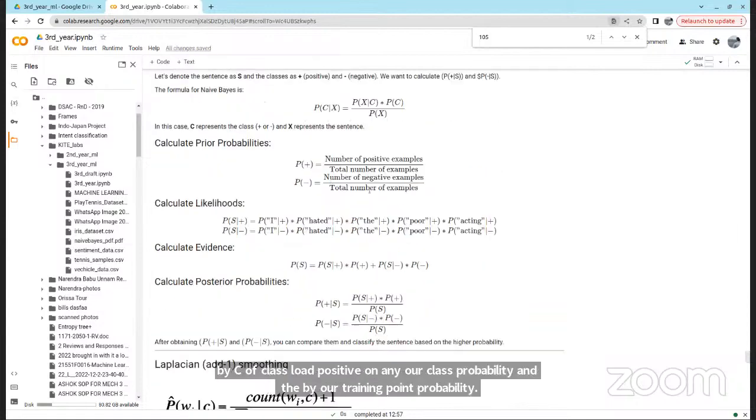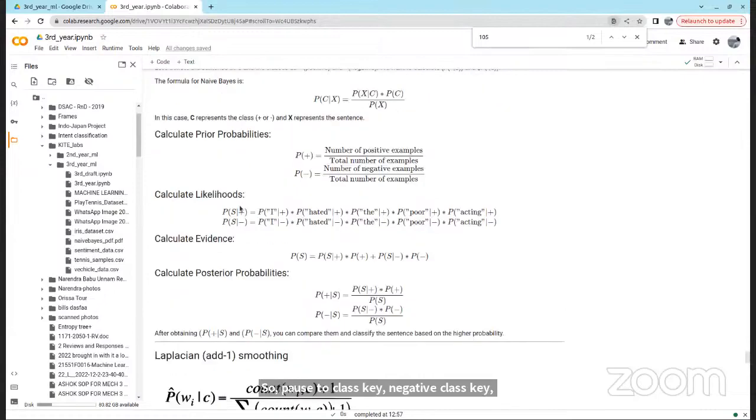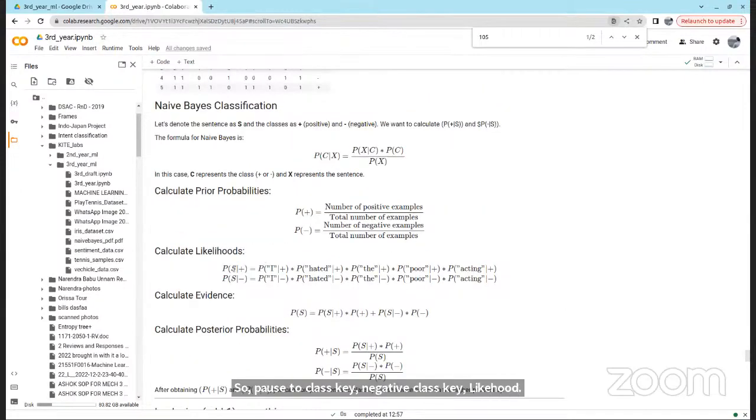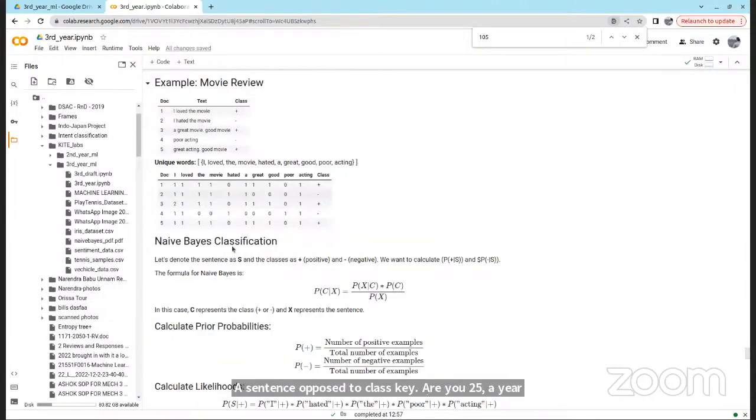అది క్యాలిక్యులేట్ చేయడమే ఇదనమాట. సో P(+) ఈజ్ ఈక్వల్ టు నెంబర్ ఆఫ్ పాజిటివ్ శాంపిల్స్ బై టోటల్ నెంబర్ ఆఫ్ ఎగ్జాంపుల్స్, అది కనుక్కోవడం. P(−) ఈక్వల్ టు నెంబర్ ఆఫ్ నెగిటివ్ ఎగ్జాంపుల్స్ బై టోటల్ నెంబర్ ఆఫ్ ఎగ్జాంపుల్స్. సో పాజిటివ్ క్లాస్‌కి నెగిటివ్ క్లాస్‌కి ప్రాబబిలిటీస్ వచ్చాయి. లైక్లీహుడ్, మనం ఒక సెంటెన్స్ ఇచ్చాం కదా, ఆ సెంటెన్స్ పాజిటివ్ క్లాస్‌కి ఐడెంటిఫై ఇవ్వాలి అంటే, ఒక కొత్త సెంటెన్స్ ఇచ్చాం అనుకోండి.